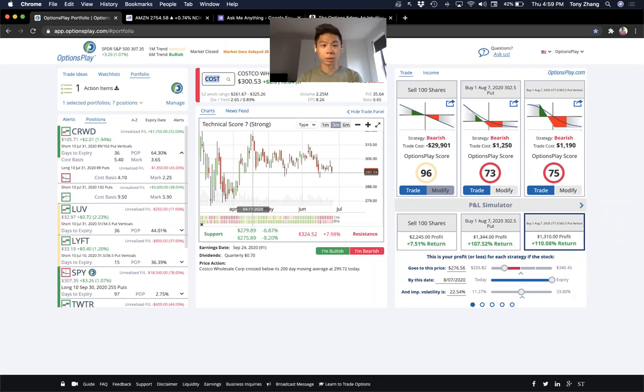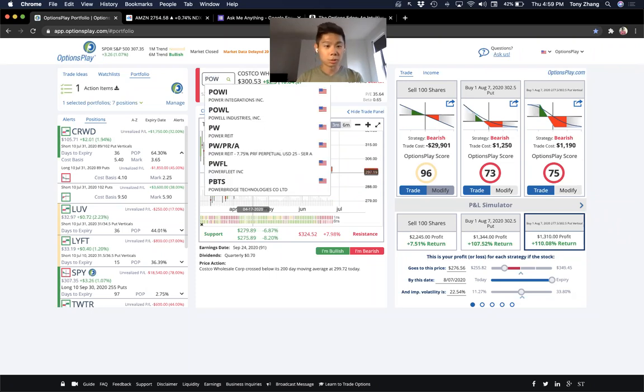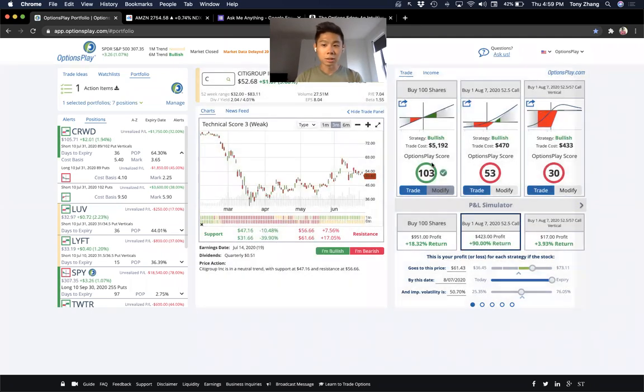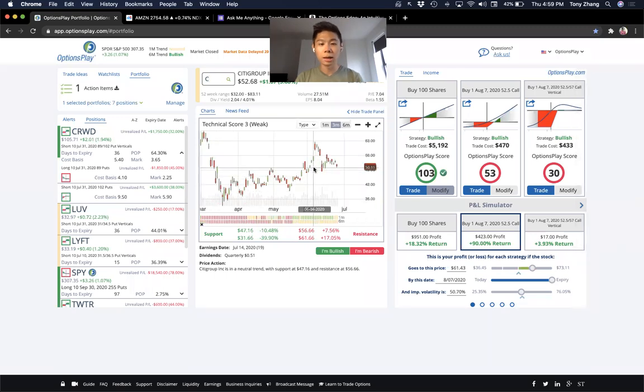POWC, I'm not sure what that is. Is POW the symbol or is C the symbol? I'm guessing you're asking about Citigroup. So financials, I actually think financials are interesting because they are quite cheap from a valuations perspective. You have a fairly strong technical setup here, and a lot of the same setups in many of the other banks, where you now have some support and potentially you might get a move to the upside.